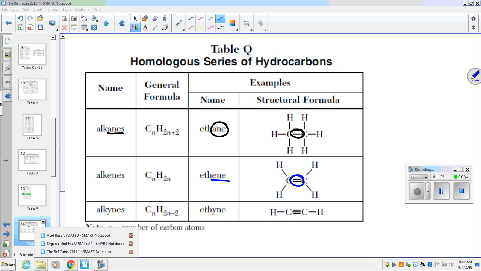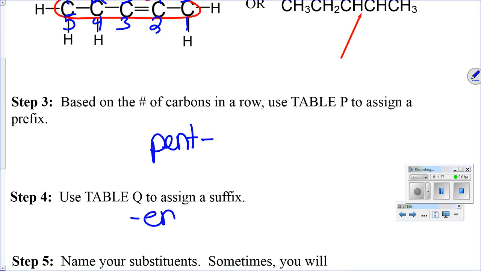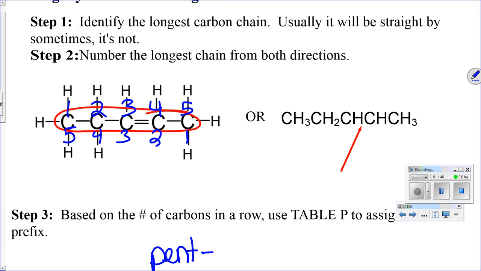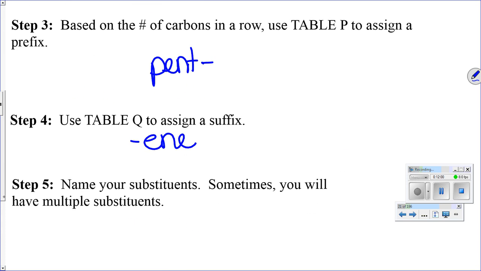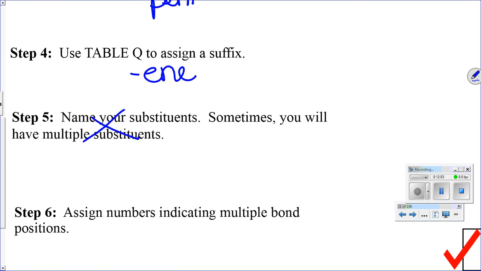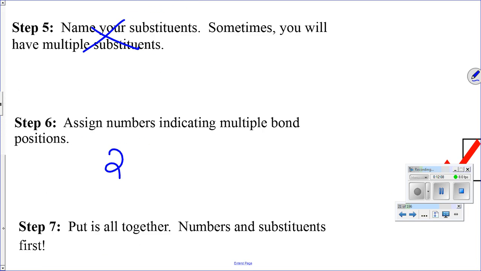So you're going to go ahead and make your suffix this time different. Your suffix will be -ene. Now, we do have to use numbering, same type of numbering, to tell people where our double bond is. Now, if we numbered in this direction, our double bond would be starting on carbon 3. Okay, so it's showing where we first see that double bond. If we number in this direction, our double bond starts on carbon 2. 2 is lower than 3, so we don't have any substituents here, but when we assign our number, we're going to use the number 2. So this is going to be